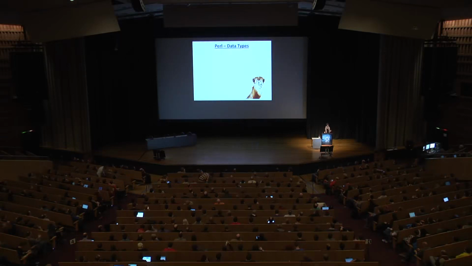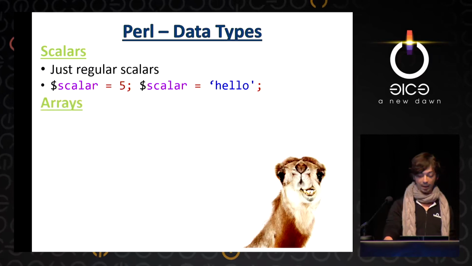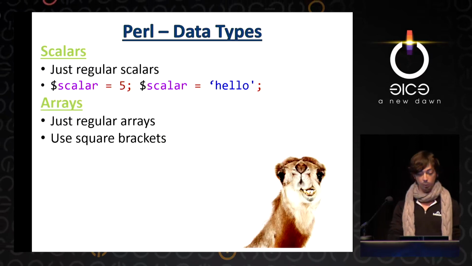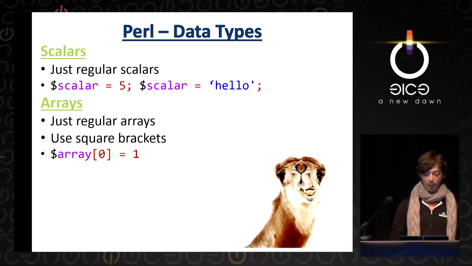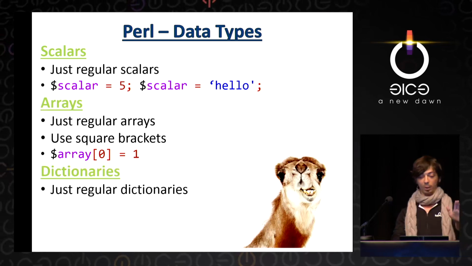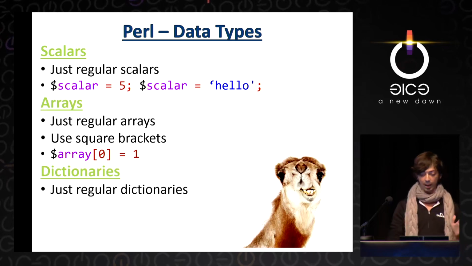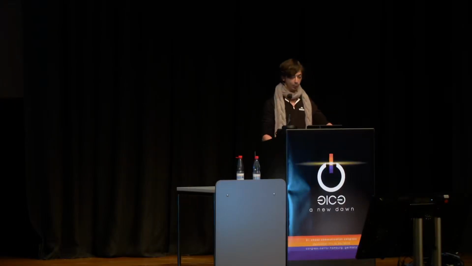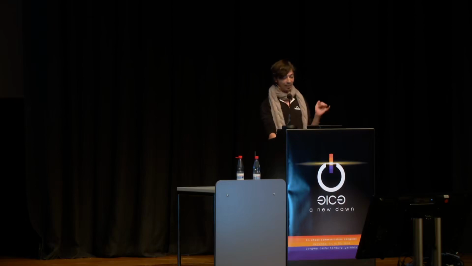So let's talk about Perl data types. At first, we had scalars. Those are just regular scalars. You already know, ints, strings, floats, etc. They even look like scalars using this syntax. Then we had arrays. Those are just regular arrays. They use square brackets and pretty much look like this. And finally, we had dictionaries. Those are just regular dictionaries. In Perl, they're called hashes. They use curly brackets and look like this. So far, so good. The syntax is understandable and everything works the way it should. But